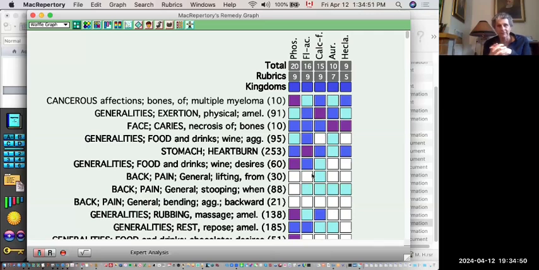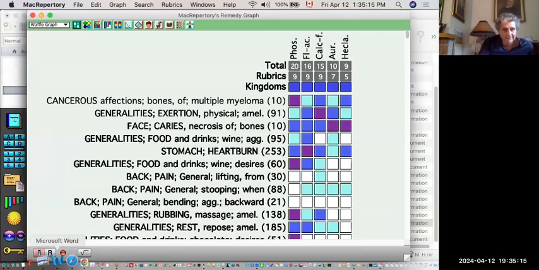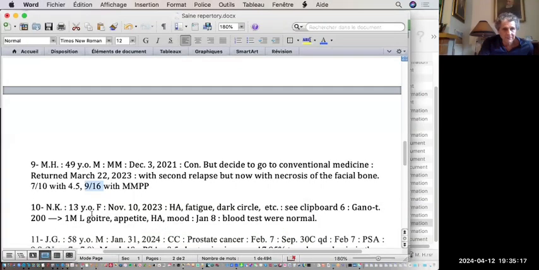So a year later, he is all sign of cure. He had 2 relapses with conventional medicine. He had a full-blown case of multiple myeloma. He was weak from the chemotherapy. He was quite weak, actually. And now you could say he's cured after 1 year. So there's another beautiful case. Let's look at the next one.